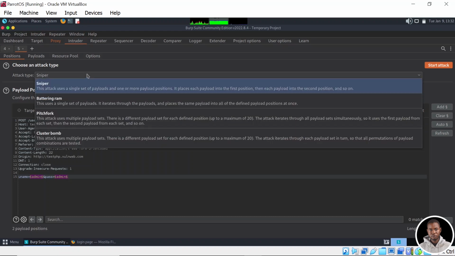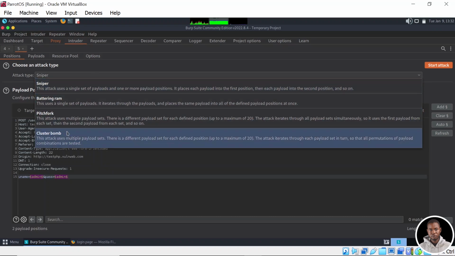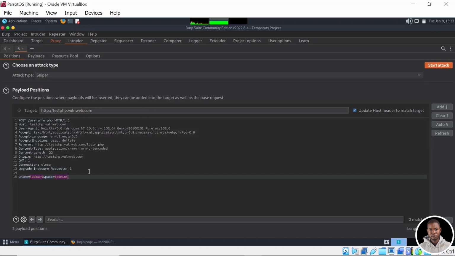And then I can decide to change the attack type to cluster bomb. And you can see that each of these attack types has their description appended to it. For example, in the case of the cluster bomb, this attack uses multiple payload sets. There's a different payload set for each defined position up to a maximum of 20. The attack iterates through each payload set in turn so that all permutations of payload combinations are tested. So what we can do here is to make sure we select the cluster bomb, and then we go to